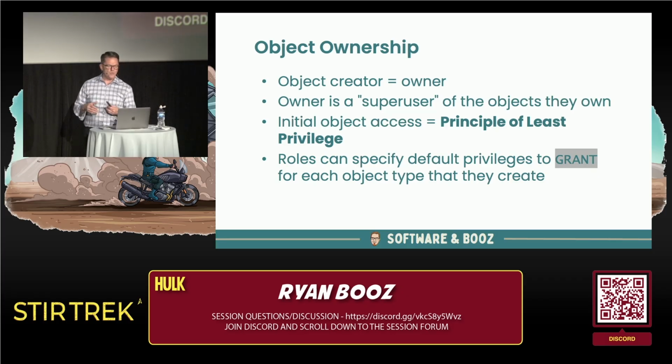object. And we really function from a principle of least privilege in Postgres. Unless you do something to change it, every object is only accessible to the owner. And I say every object, I'm being a little bit global, it's not quite that black and white, but generally the objects that we care about, unless I do something, are only accessible to the owner or super user, and that can cause a lot of problems. And so this is where we have to recognize that we can either specifically run that grant privilege every time we create various objects, tables, views, functions, procedures, whatever it might be, or we can do something else that makes our life a little bit easier.